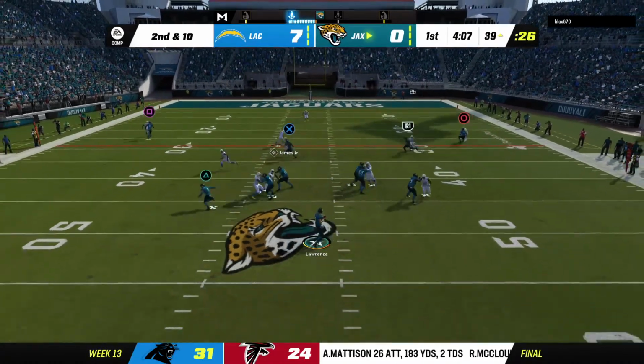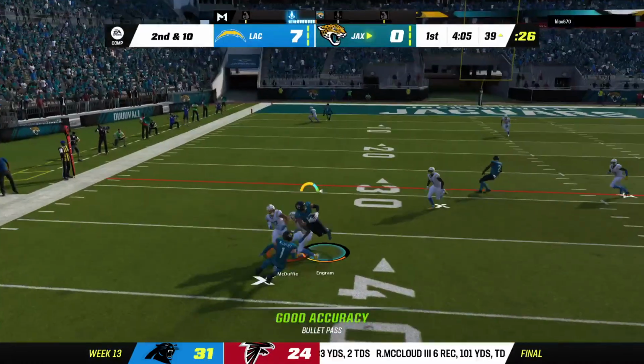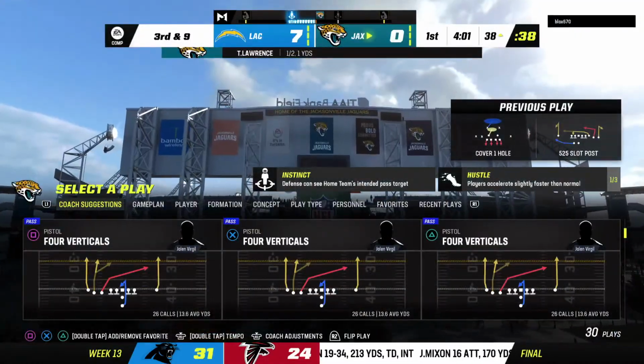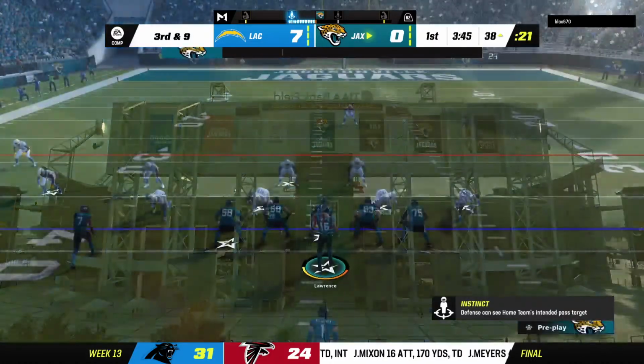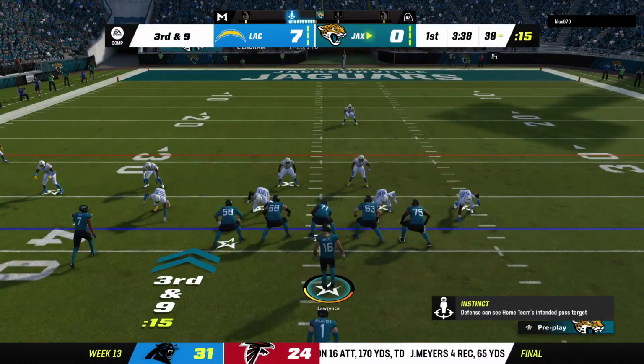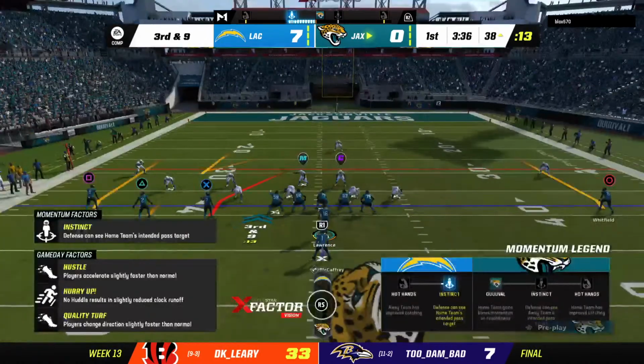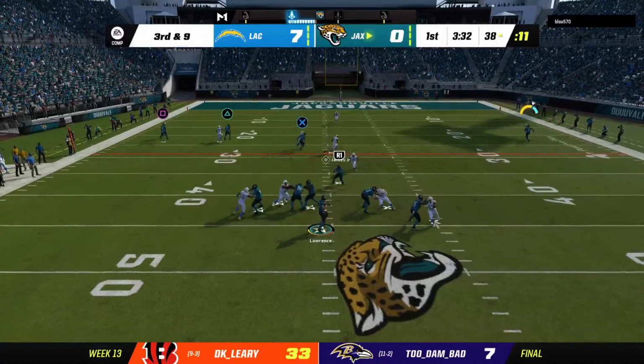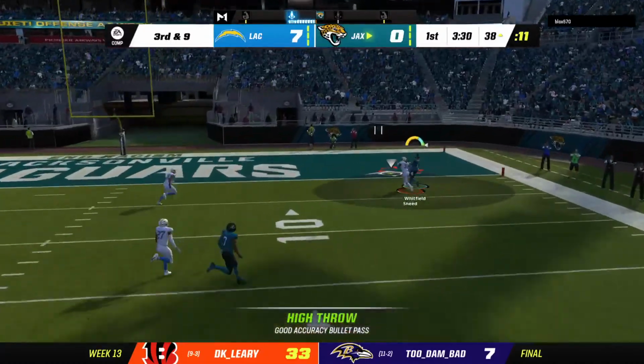Throwing again on 2nd and 10. Lawrence. And they will only muster a yard here to the 38. Well, this defense very strong in that victory from a week ago. It was a little bit enlightening talking with the defense coordinator about their performance last week because the feeling was that it was a good, solid performance. They did what they needed to do to get...